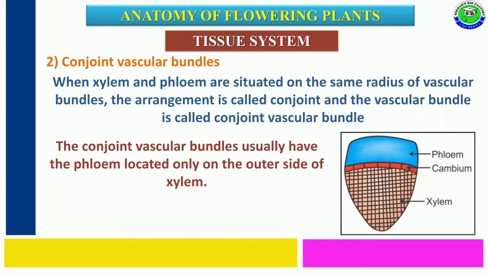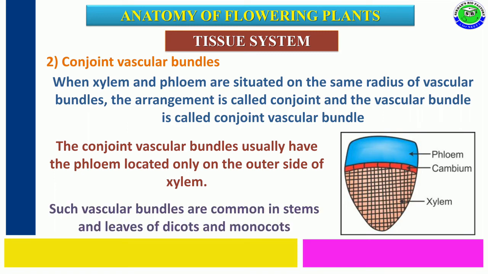In these conjoint vascular bundles, generally the phloem tissue is present on the outer side or periphery, and xylem is present inside. Along with it, these vascular bundles are common in the stem transverse section and leaf vertical section of both